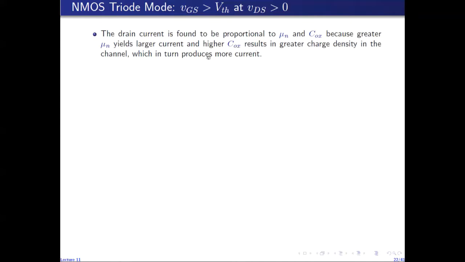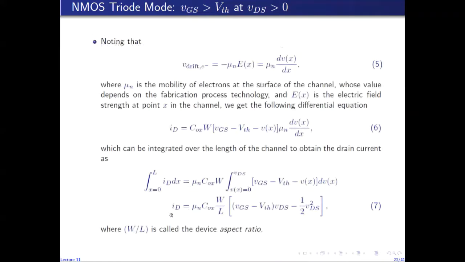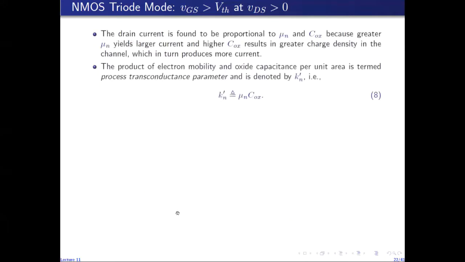So which in turn will increase the resulting drain current. So increasing either mu n or COX will result in an increase of the drain current ID. So this product of mu n and COX is represented by Kn prime and is called the process transconductance parameter